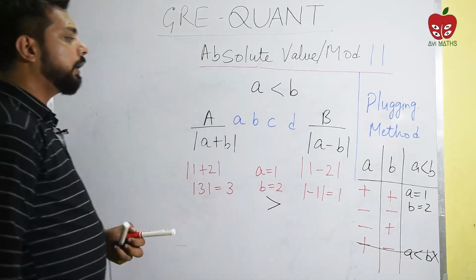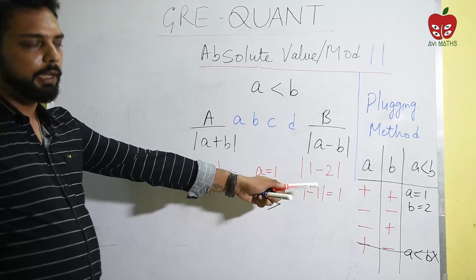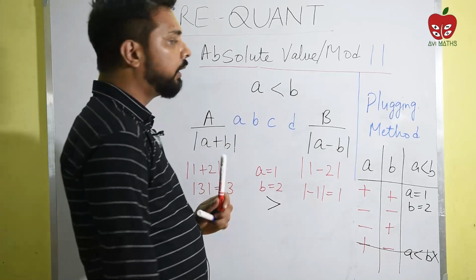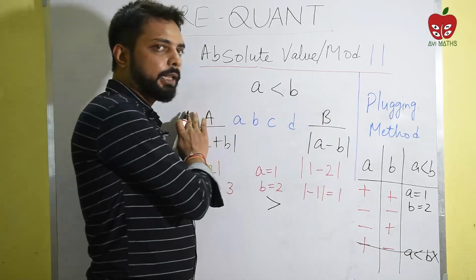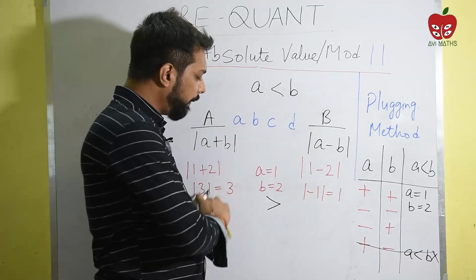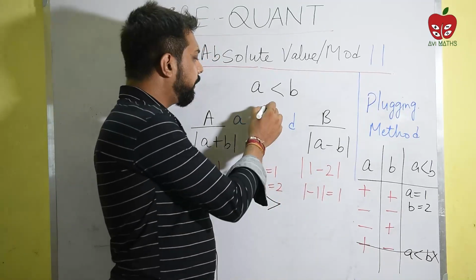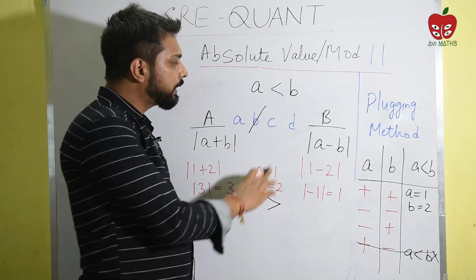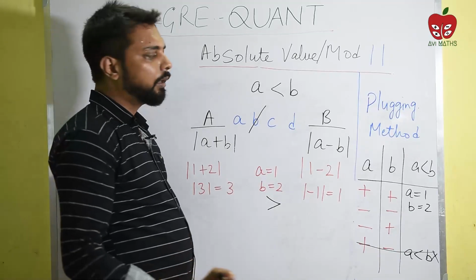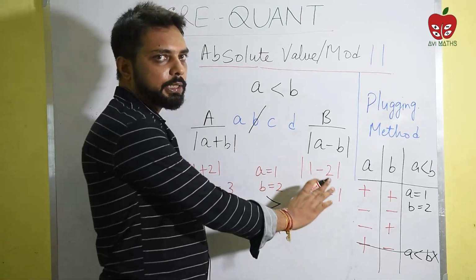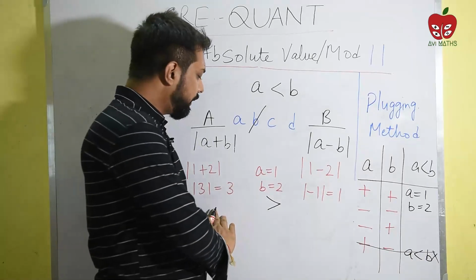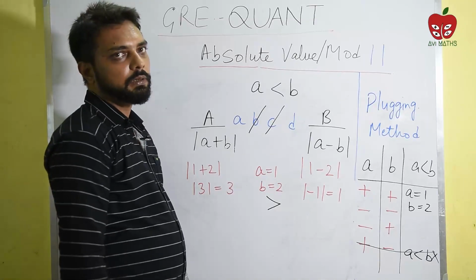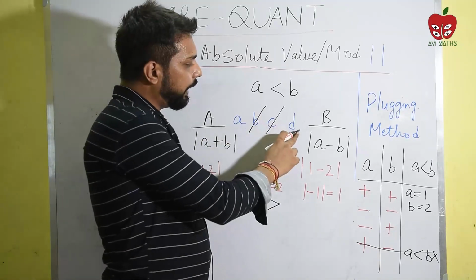So I know that if quantity A is greater than quantity B, my B cannot be the answer. Because I know that option B can be the answer only when in all possible cases quantity B is coming greater than quantity A. But in this case quantity A is coming greater than quantity B. So you can quickly remove or mark out this option. Now for this case, can C be my answer? Not at all, because C can be my answer when both the quantities are equal in all possible cases. But in this case, quantity A is greater than quantity B, so you can quickly remove option C as well. So we are left with option A and option D.